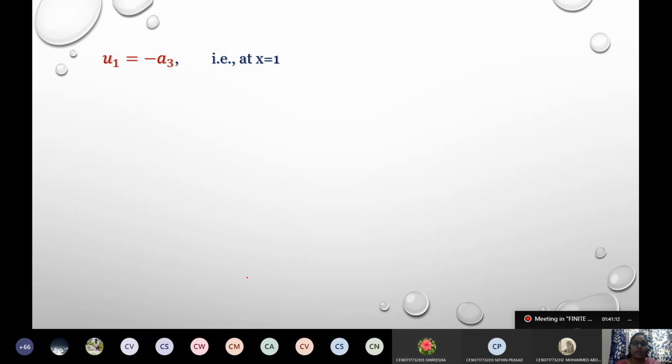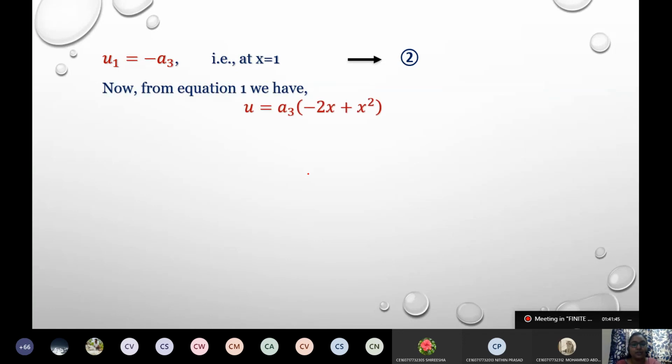Okay, thank you. Now from the given potential energy equation, do we have all the terms available with us? See, we have the E value and A value given in the figure directly. We got the U value now, which we have to differentiate with respect to x. And we also got the U1 value. So all the terms present in the potential energy equation are ready now. So let us take U1 as equation number 2, and we have U as a3 into minus 2x plus x squared in our equation number 1.